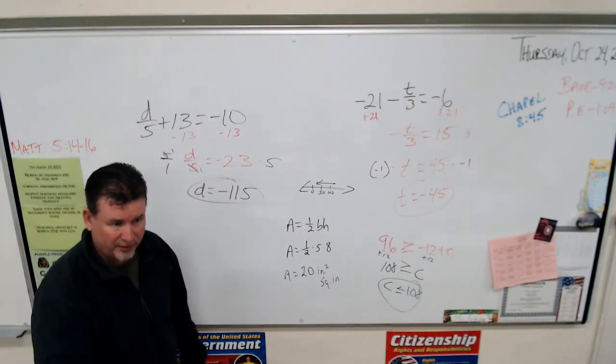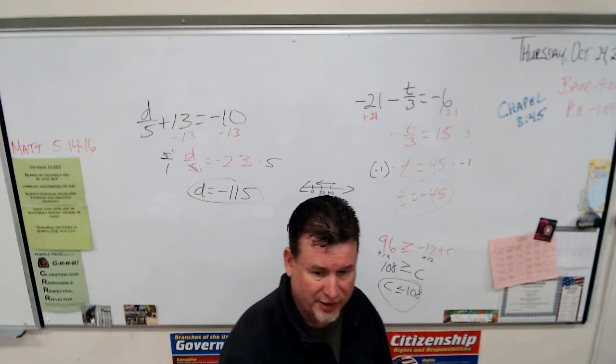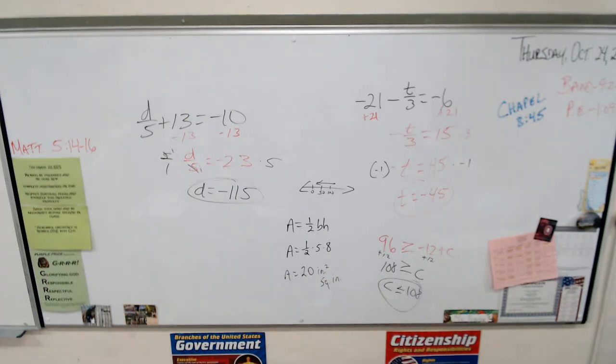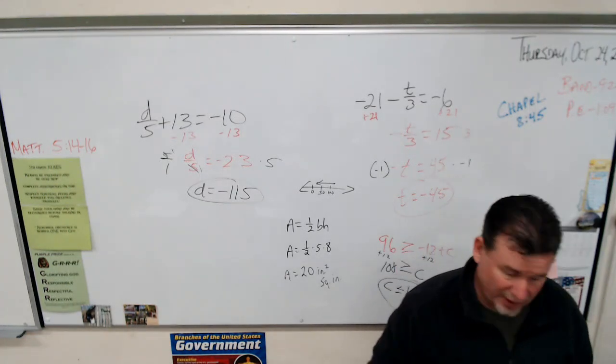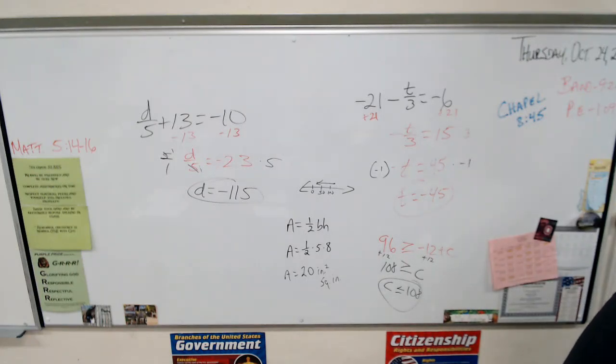Remember that? If it's just less than or greater than, it's an open dot. If it's less than or equal to, it's a solid dot for your graph. Keep them coming. We still got 11 minutes left. Noel,